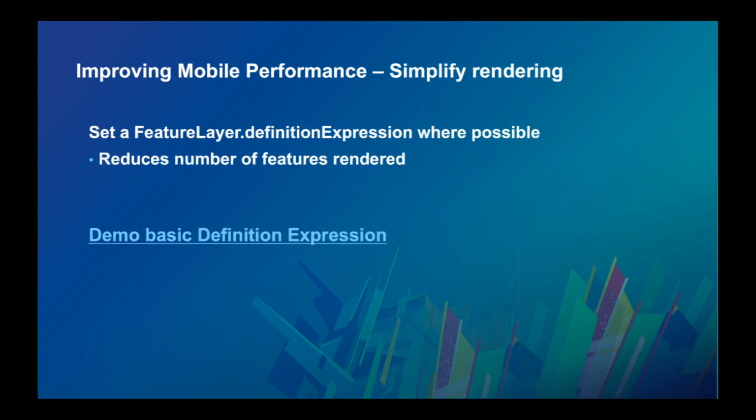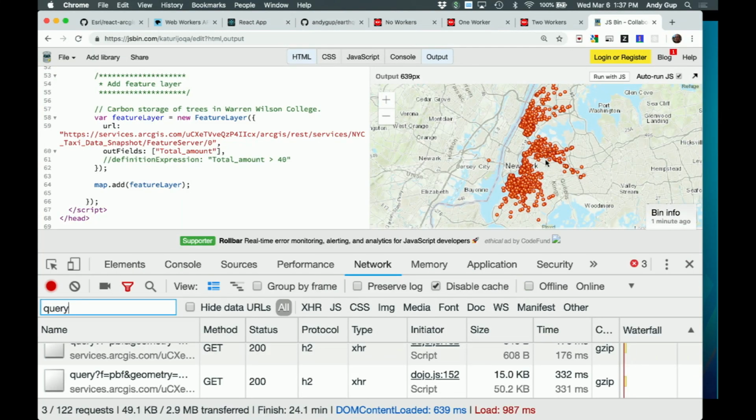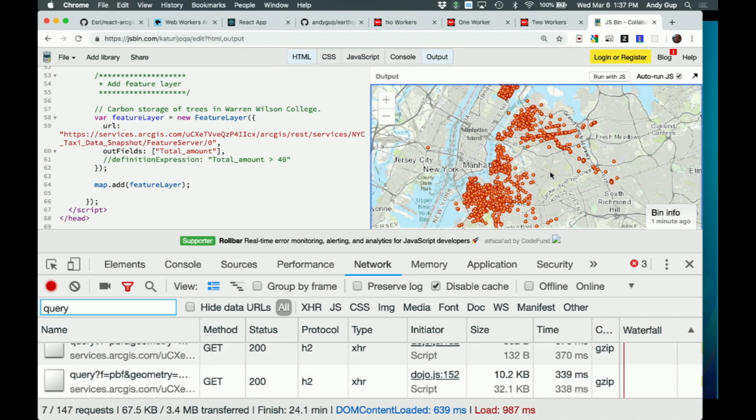Thanks, Renee. You can also simplify rendering. Set the definition expression where possible. This reduces the number of features that are being pulled across the wire. So for example, here, all these different points, it's just returning as many features as is available